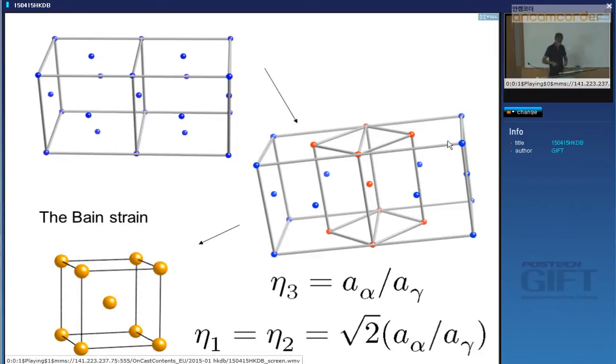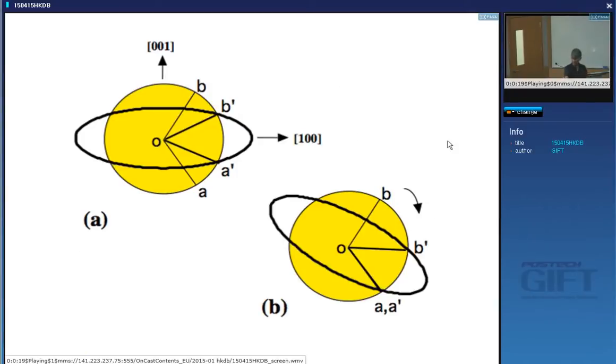Okay, in the last lecture, we looked at the Bain strain, which converts a body-centered tetragonal cell of austenite into that of martensite by a compression along the z-axis and uniform expansion along the other two axes. And we demonstrated that if we represent the austenite as a sphere, then on the operation of the Bain strain, you can see two sets of lines which are unchanged in length, but they are rotated. So they are not the invariant lines that you need in order to have a glissile